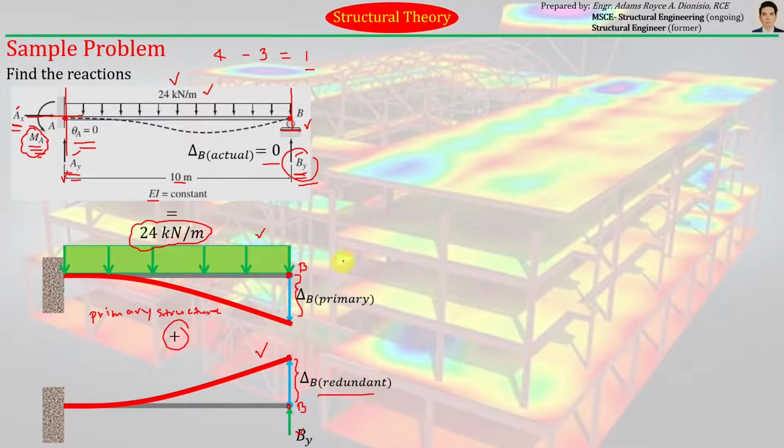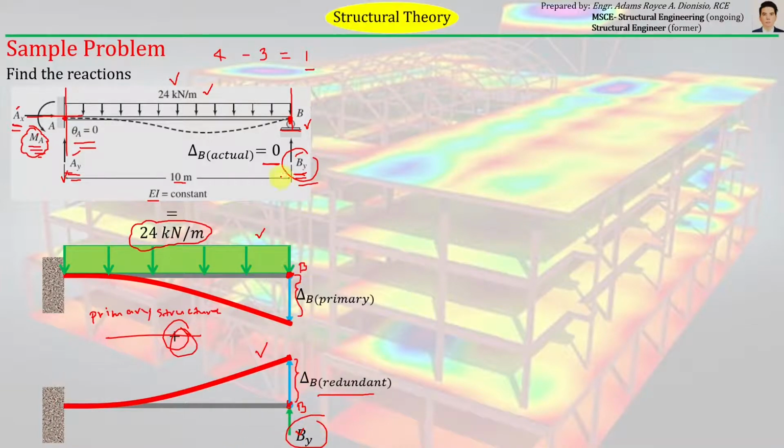redundant force. Okay, so in other words, the deflection, for example, the deflection at joint B, which is equal to 0, must be equal to the deflection at joint B on this primary structure plus the deflection at joint B from this determinate structure loaded by the redundant force. Or in equation form, I'll just try to convert that statement